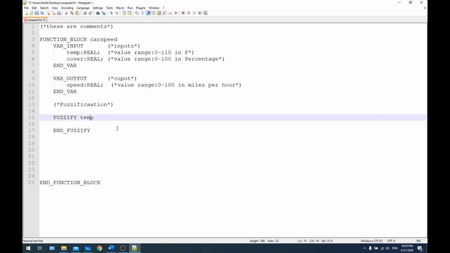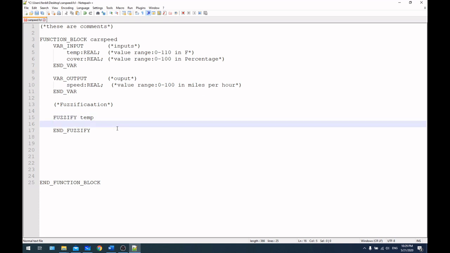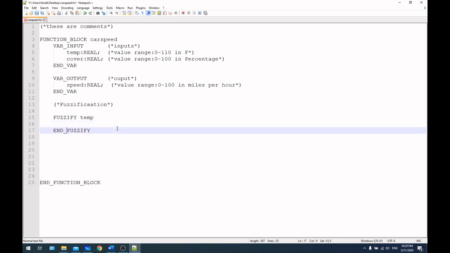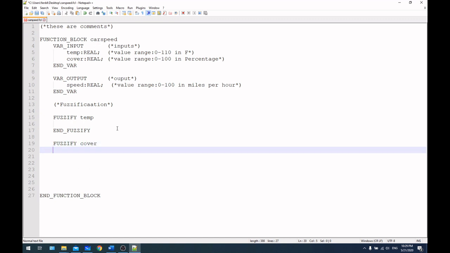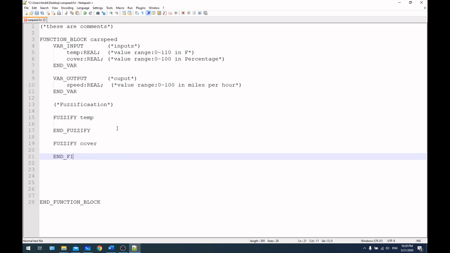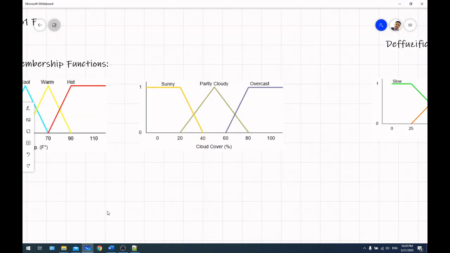Before I proceed to the code, let me also write the falsify block for cover and close it with end falsify. So both of them now are declared here. To falsify the temperature, we have to indicate here the terms that we have used in the falsification process. So going back to the example here,